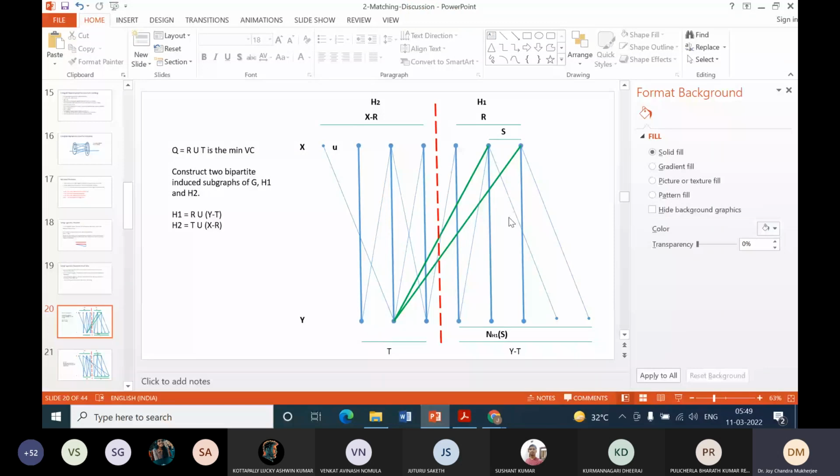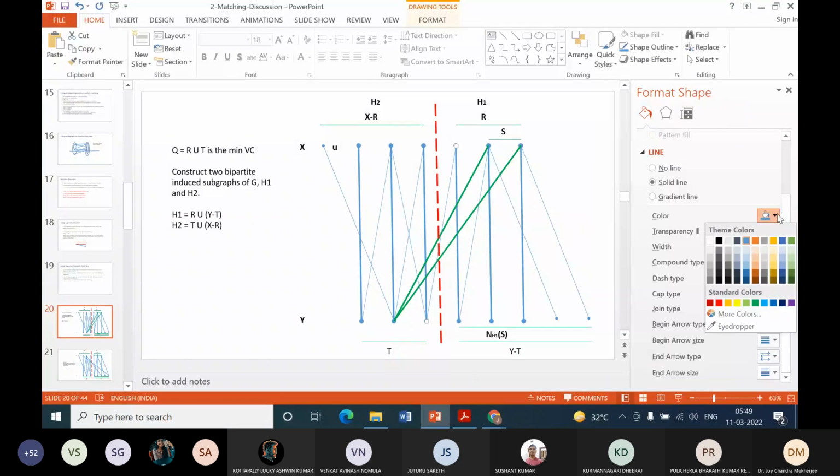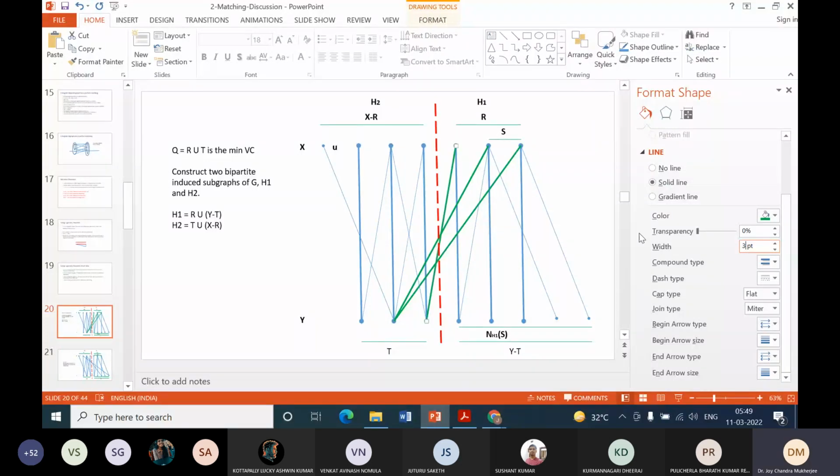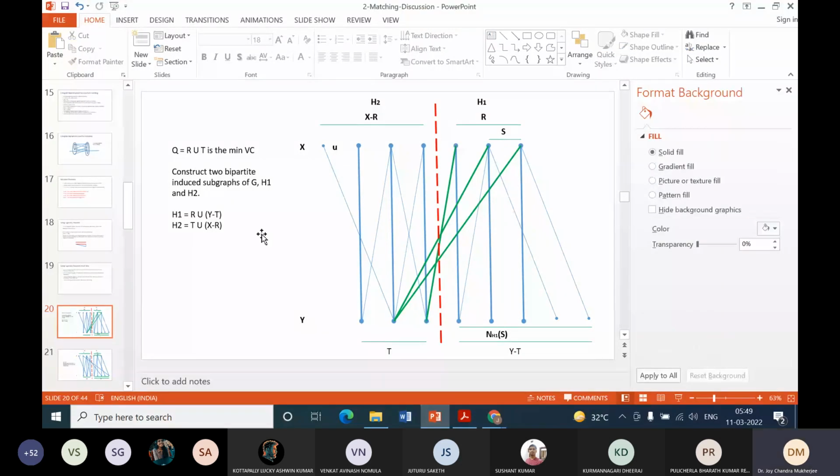This is also cross. So R से T तक जो एजेस है, ये एजेस सिर्फ एक्सक्लूडेड है इसमें, क्योंकि it is induced subgraph between R to Y minus T and T to X minus R. So ये सब एजेस, बाकी जो एजेस है ये सब इंक्लूडेड. Now मुझे प्रूफ करना है